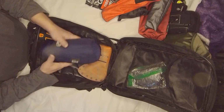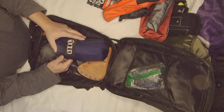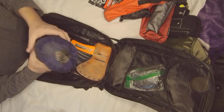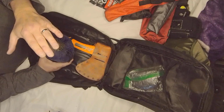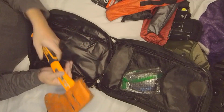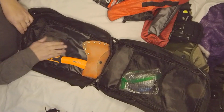All right, next we've got a rain fly, and this is the rain fly that actually goes to the Eno double nested hammock that I showed you in last week's bag. Okay, so this is the Eno Pro Fly rain tarp. All right, big, wonderful, has your tie outs already on it, has cordage already on it, so good piece of equipment right there for getting quick shelter set up. And then of course you can see I have an axe. This is a cheap axe, not very heavy, which makes it actually perfect for this bag. And that is the last thing in here,